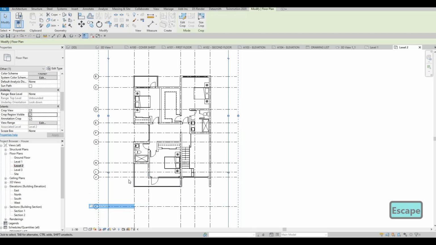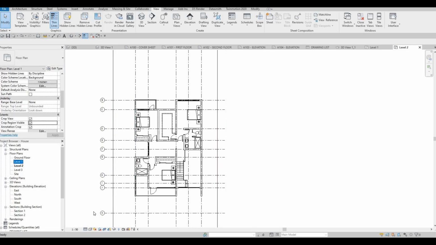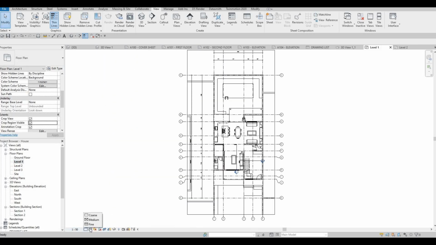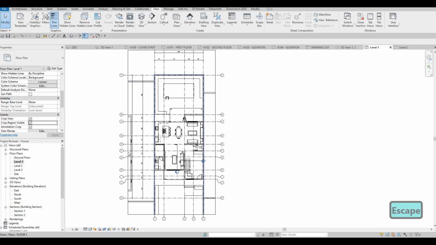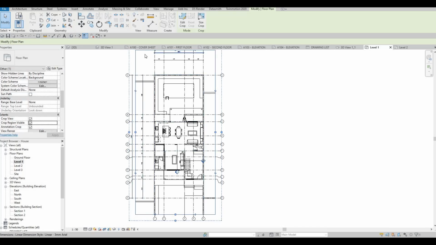We could change it to hidden line, and then click on find. I want to do that here as well. Click on find and then hidden line. So that looks good right there. Crop it a little bit more so that we don't see anything like that. We could just leave this one